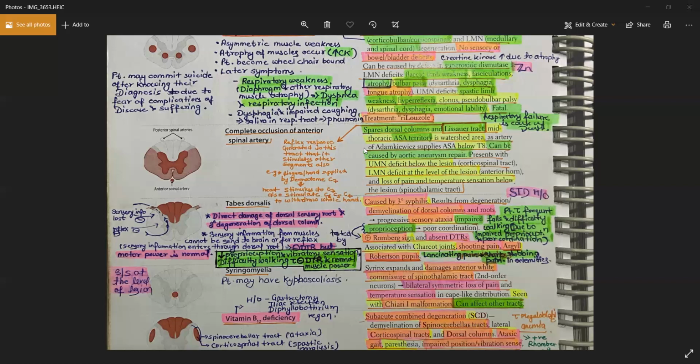Could you please repeat what is lost on the contralateral side, the sensation or the muscle? See, let me tell you this. You have all these fibers running from my dorsal like that, right? All the pain and temperature fibers are running here, and then they cross after synapsing, and they enter the lateral spinothalamic tract, and then they run in this upward direction, right? Now, what happens is whenever I get a damage,